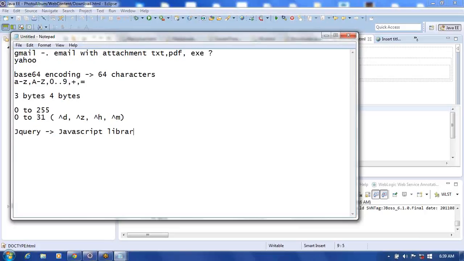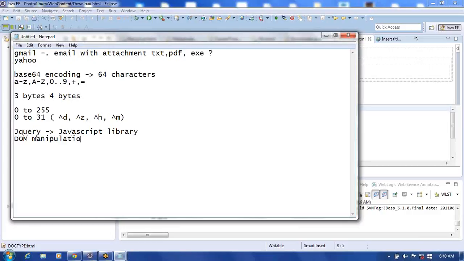Using this library, you can achieve much of the functionality for which we normally use JavaScript. But there is a problem with JavaScript: from browser to browser, you need to change code. Whatever JavaScript you write from scratch is not browser independent. It is browser dependent. But when you use the jQuery library, it becomes browser independent. If you write for one browser, it automatically works with the rest with the help of jQuery. So jQuery is a JavaScript library for DOM manipulation, and